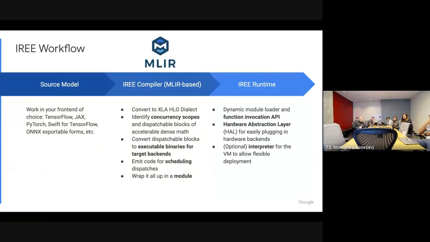And what we do in the compiler is baseline on the XLA HLO dialect as represented in MLIR, as just an example of a nice, well-factored small opset of dense math. And so from the source model to the compiler side, there are things like the TensorFlow bridge for lowering TensorFlow graphs to the HLO ops, as well as other projects like PyTorch XLA that can be used.